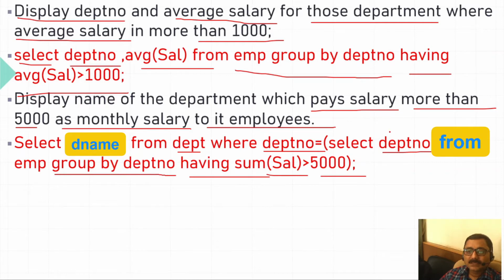Means this will give you department number where department-wise total salary is greater than 5,000, and then based on this department I will be able to filter out or list out name of department from department table.